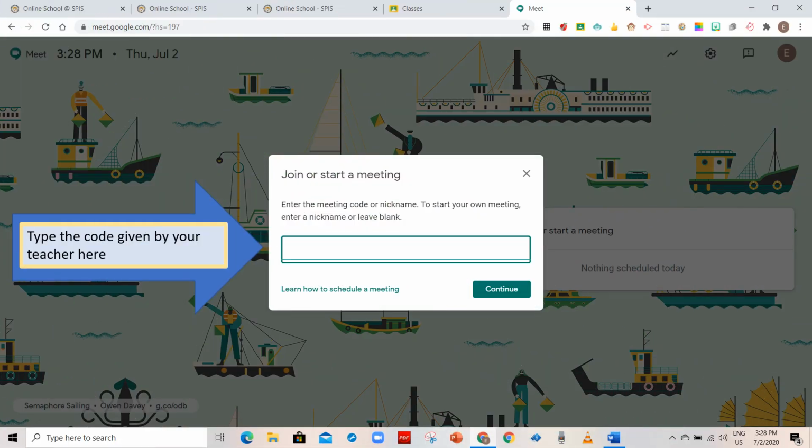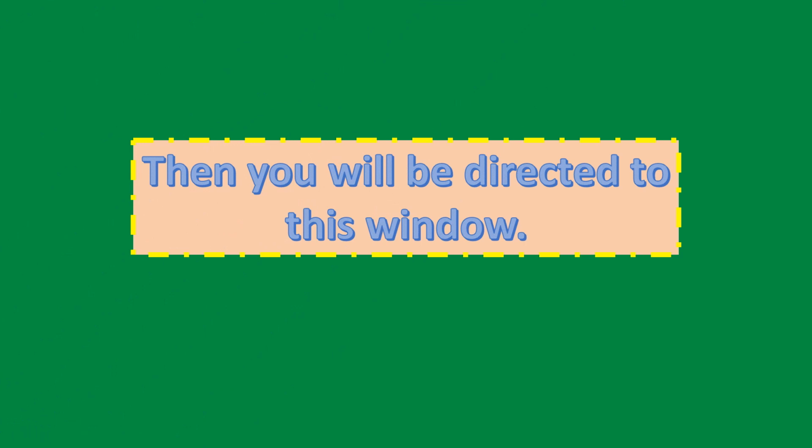Like so, you will be directed in this page where you can see a text box where you're going to type the code given by your teacher, as that code will be given through emails. So in your email, you will be asked to accept the invitation to join the Google Meet. And then you will be directed to this window,